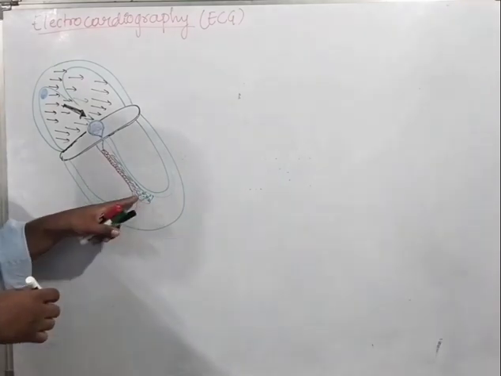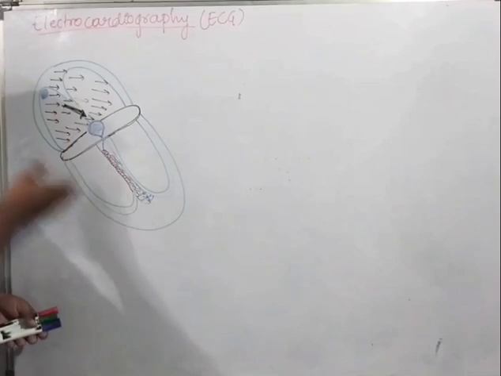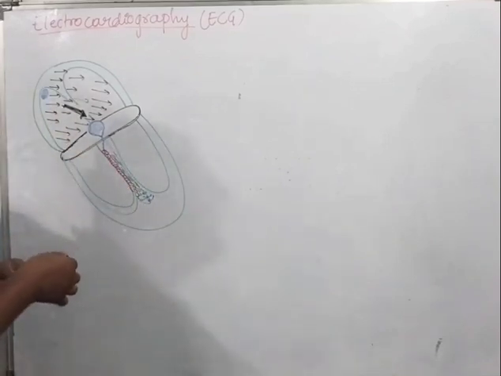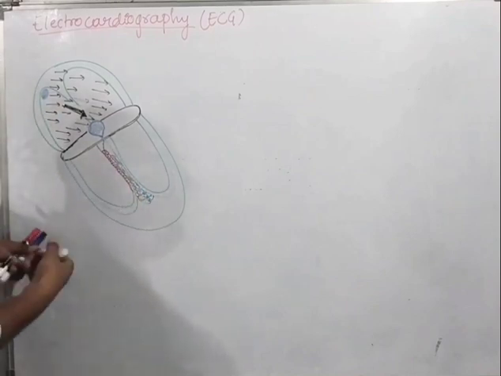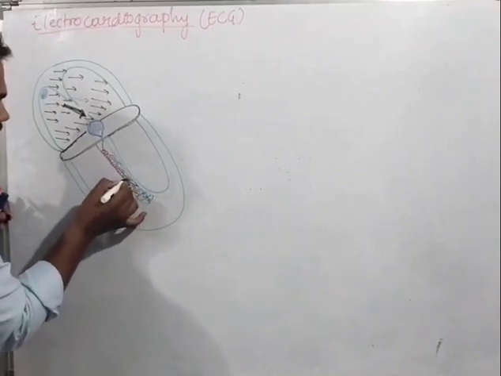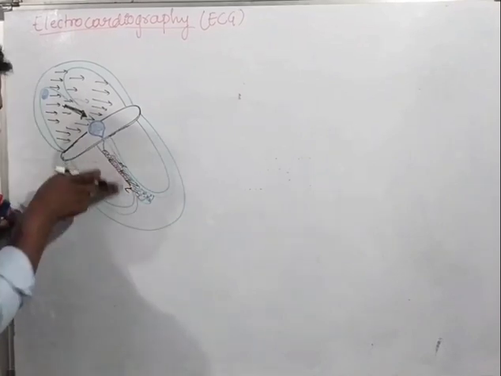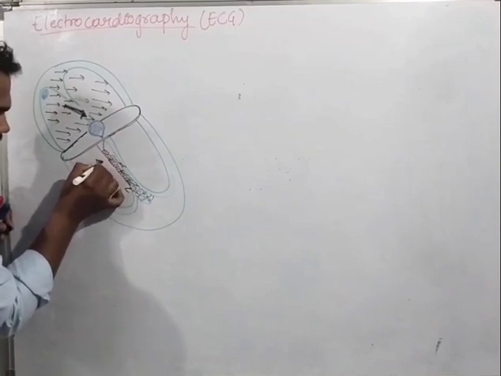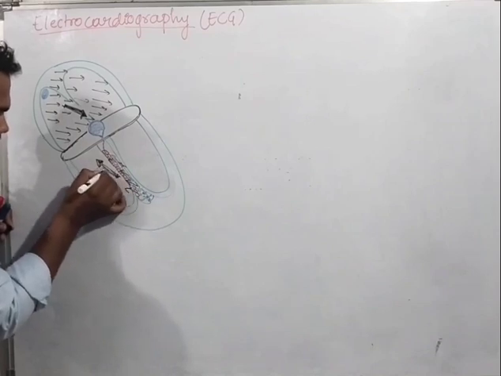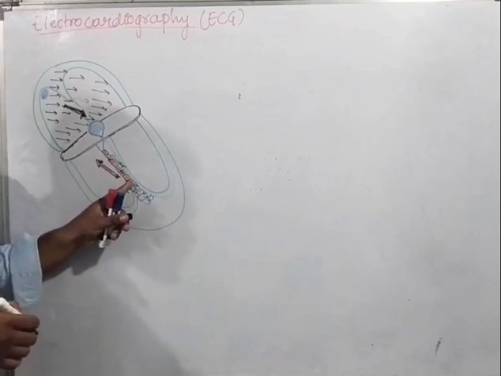When the intraventricular septum is stimulated from the left side to above, it means the impulses are generated from below to upward. It means the vectors are formed in this direction. The resultant of all the vectors is like this. That is the resultant of all the vectors, and it is very rapid because the bundle fibers are very rapid